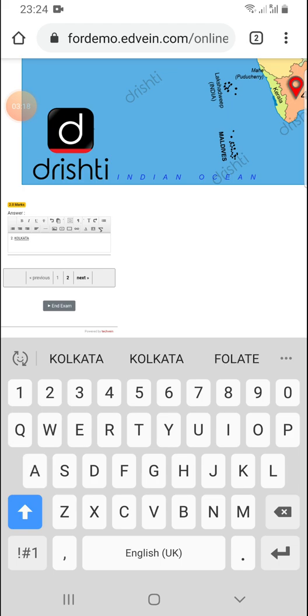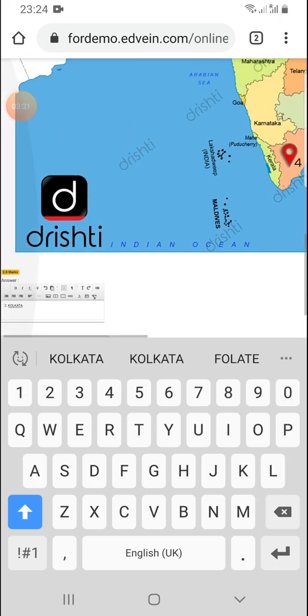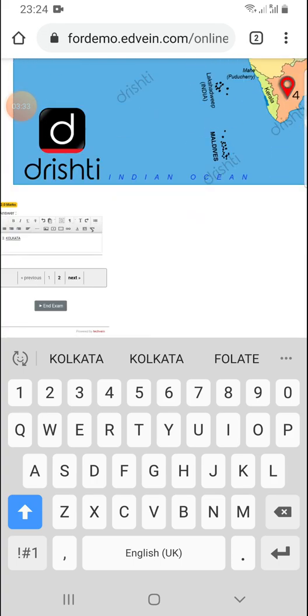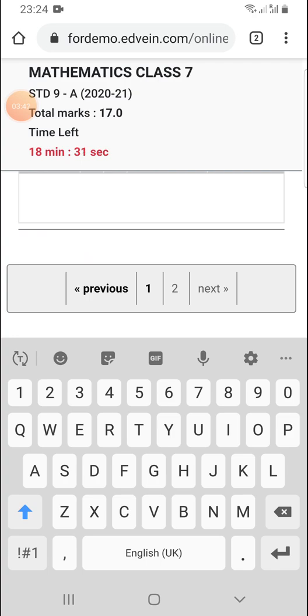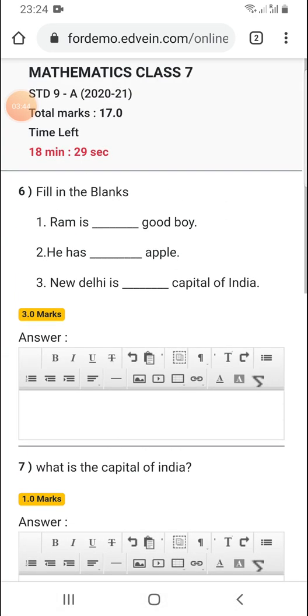So that is how you are going to put your answers in this box. You need to specifically click on this box and then type your answers here. If you want to remove and correct the answer, you can just go and remove and correct the answer once again. After finishing all the questions of your first page, you need to click on this second or next that you see. Don't use the back or forward button of the mobile. This is very important. So after doing that, click on second, and then you will be on the second page of the question paper.